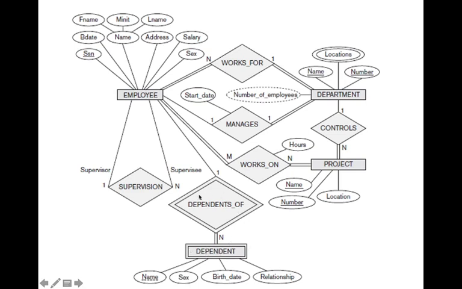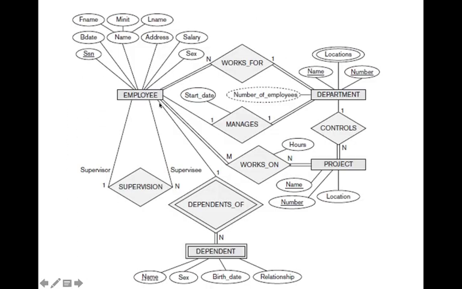So it should participate in an identifying relationship type. That is why it is also a double diamond. And it should have an owner. So employee is the owner here. So it is 1:n, and it is total on the dependent side, because if there is a dependent, then it should be assigned to some employee. Not all employees may have dependents. So some employees will not specify any dependents. That is why there is no total participation here. There is no double line here.